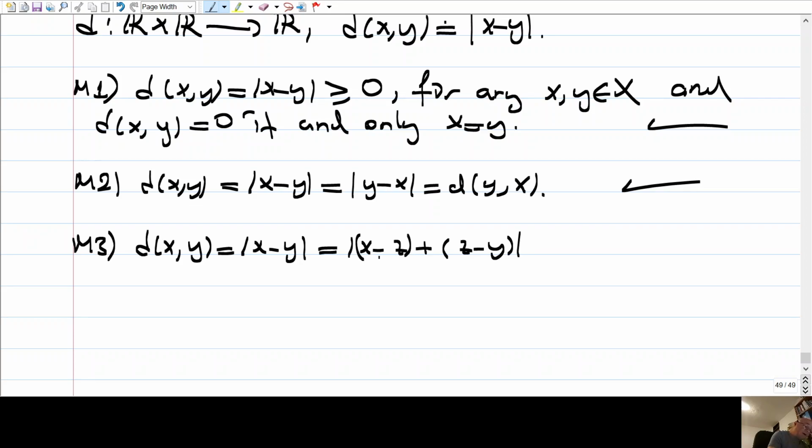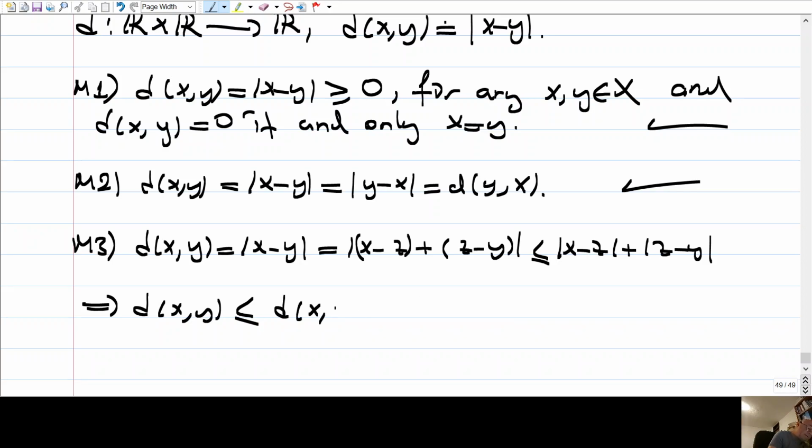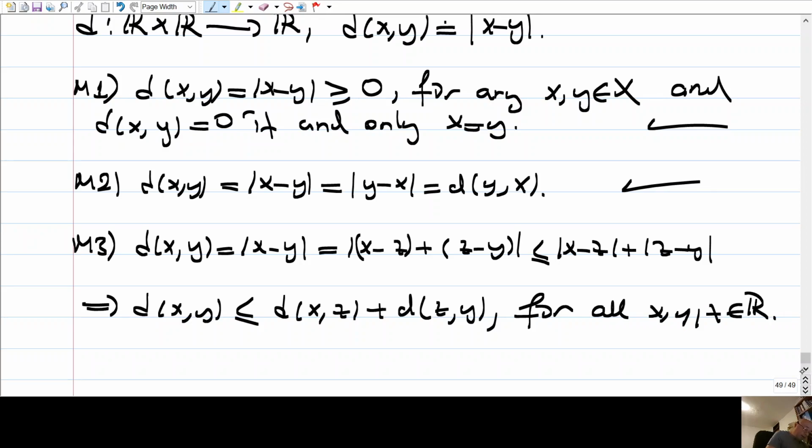Right? I have the absolute value of a plus b. We know that this is less than a plus b, but you see, we then have that this is less than the distance from x to z plus the distance from z to y. And this is true for all x, y, z in R. So hence